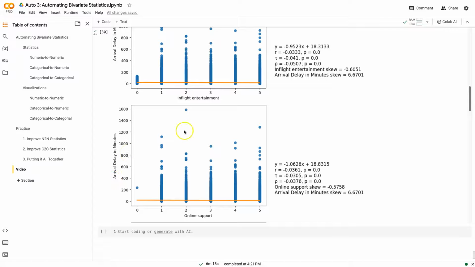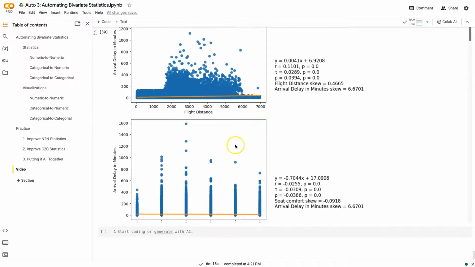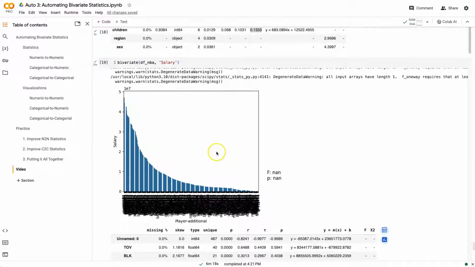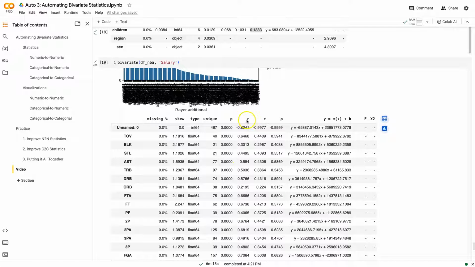All right, we're still working on automating exploratory data analysis and focusing on bivariate relationships. In the last video, we improved upon our analyses of numeric to numeric relationships by including, besides the Pearson correlation, a Kendall's and Spearman correlation, along with some univariate features, which we had already calculated in a prior video on univariate statistics, but some stuff that might help us make a decision as to which correlation might be most